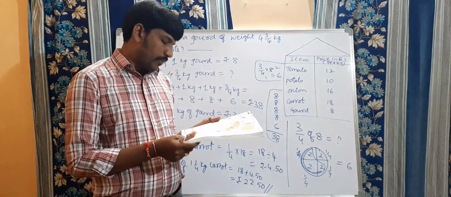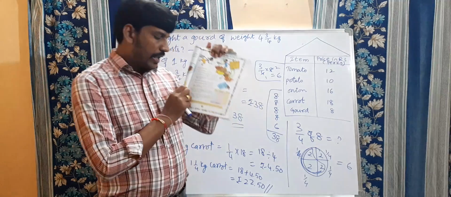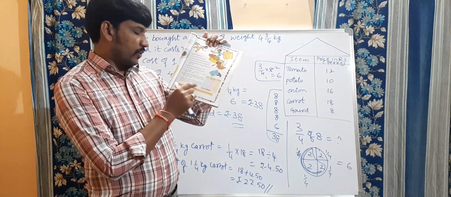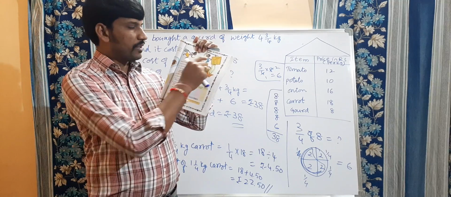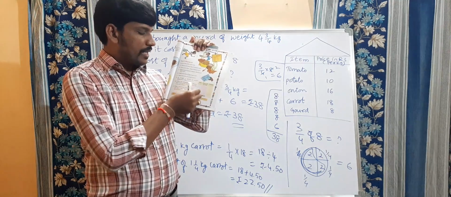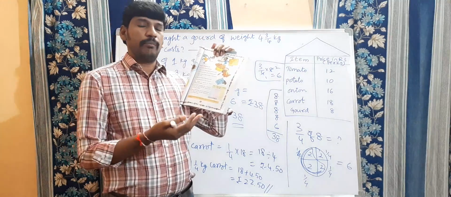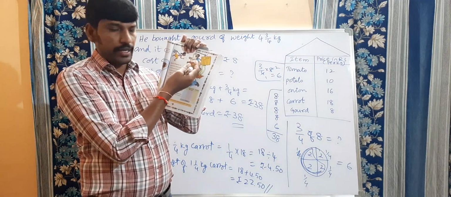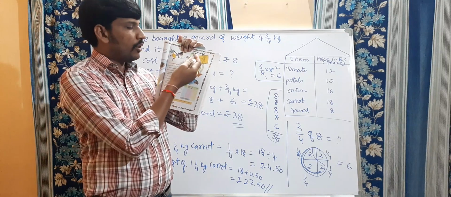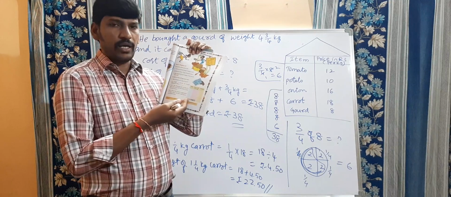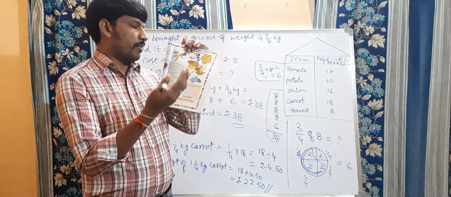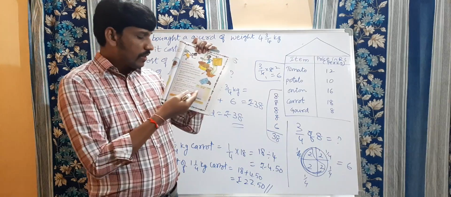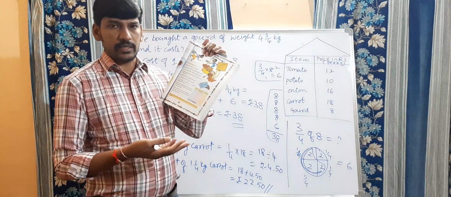And here is one more question. H1 is: make a bill of your own for vegetables you want to buy. Find the total money you will have to pay for the same price list. You can write what vegetables you are going to buy from this list. Clear? Out of these 5 items, write whatever you want. Tomatoes, potatoes, onions and carrot. Take any 4 and prepare your own list.